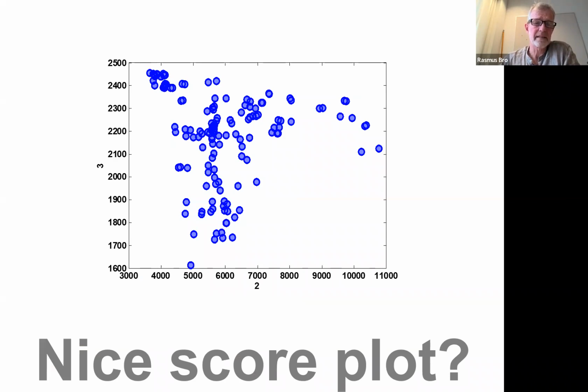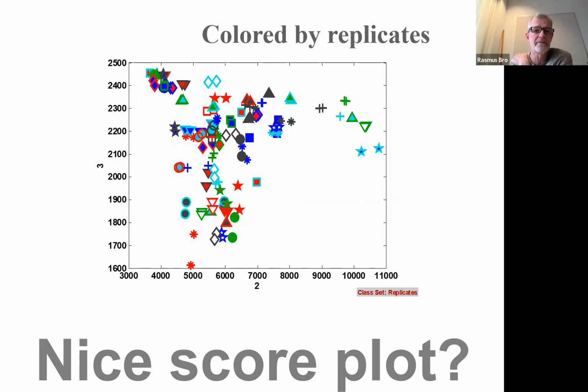But just the score plot in itself is nice. We can look for groupings, etc. But what we can also do is color by different things. Here I colored by replicates, which actually doesn't seem to be too nice here. But if I do just a small little trick and I connect replicates with a line like this, well, if